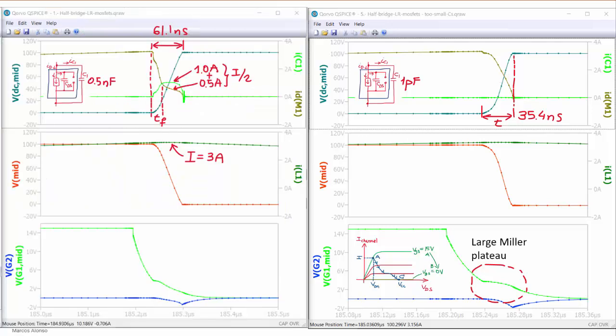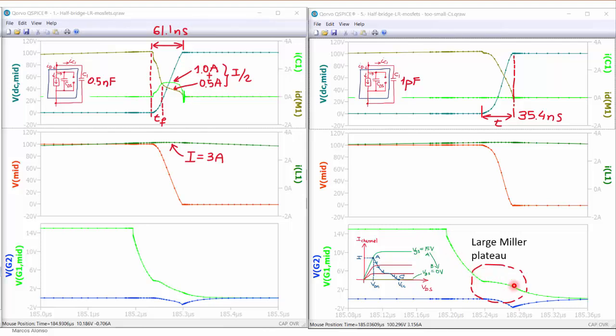We can see here a comparison between both cases. In the case that we have seen before with 0.5 nanofarads, the current is decreasing quickly, and then we have an interval of linear charging of the capacitances in parallel with the switch. But here we have a superposition of voltage and current, and this can also be identified from the gate voltage